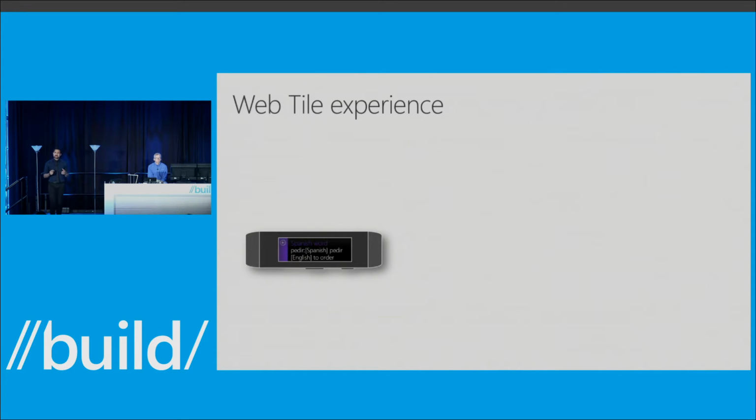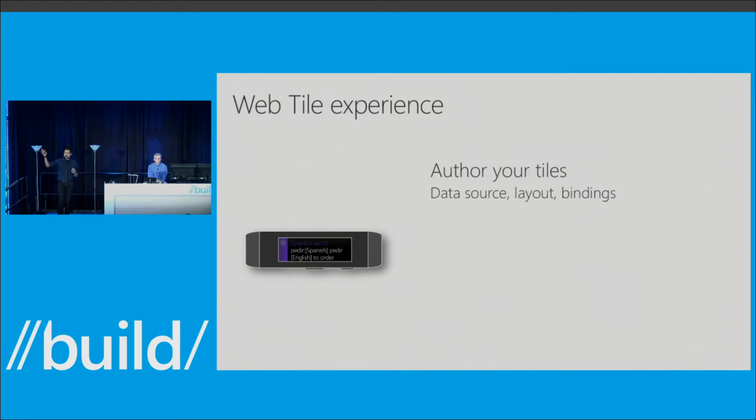Quickly, let me talk about what the web tile experience looks like. As a web tile author, the first thing you would do is author your tile. What does that authoring mean? Authoring means all you have to specify is: where is the data source that you're interested in? What are the layouts that you are interested in? And how do you want that data source to show up in that layout? That's what we call data binding.